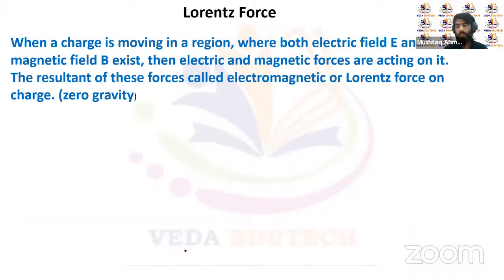Now let's discuss the general Lorentz force. Sometimes it's not always possible that there is only a magnetic field; there can be an electric field as well. In the previous lectures, we discussed that the only force that acts on the charged particle was a magnetic force. That was only possible if there is no external electric field in the region. Then the only force that can act on that particle in the presence of an external magnetic field will be a magnetic force. But in the case where there is an electric field present in the region apart from the magnetic field,